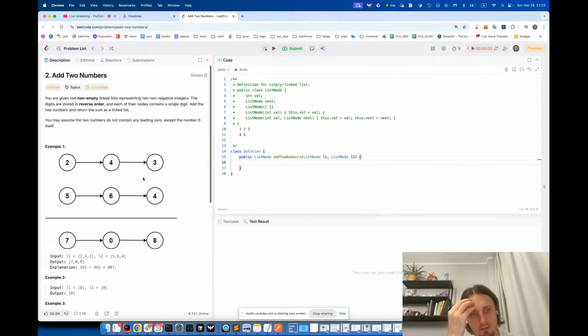But can we actually do it without a stack? Yeah, I believe that we can do it with